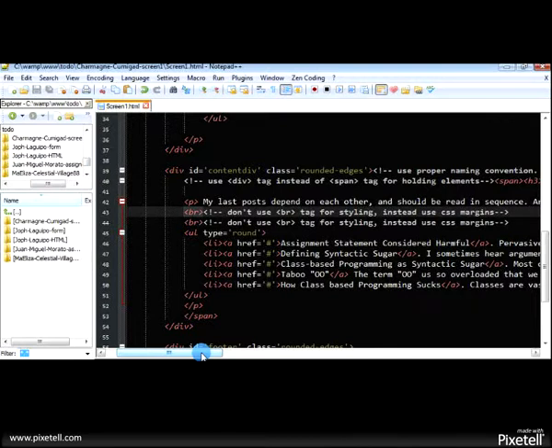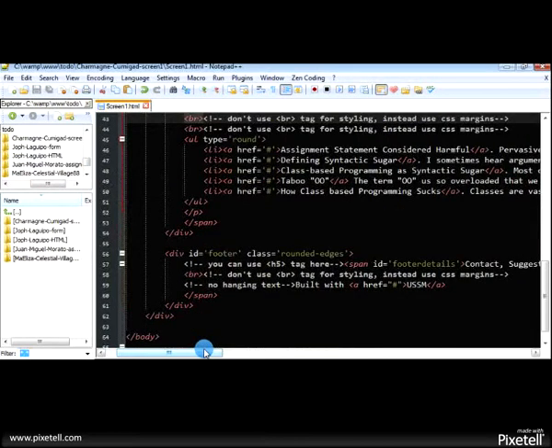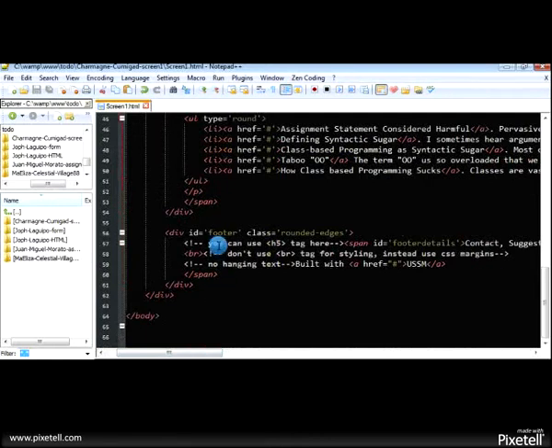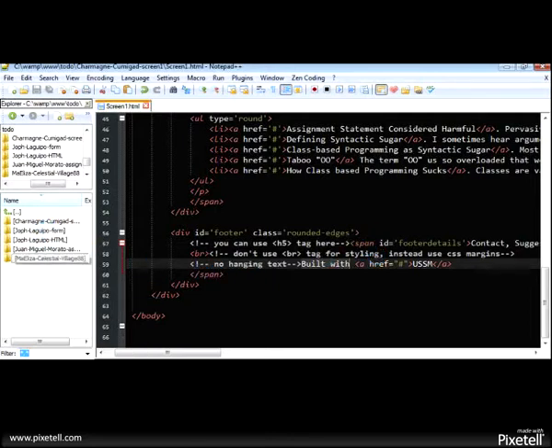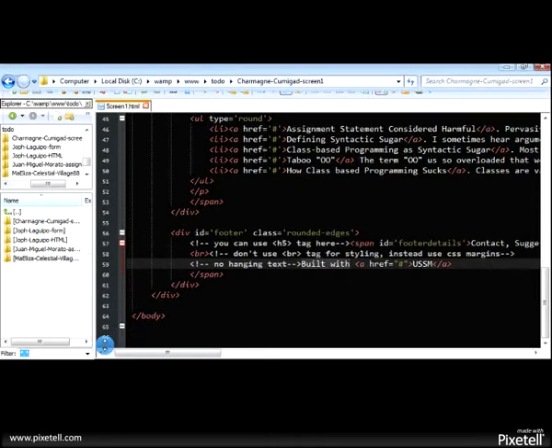Instead use CSS margins for styling. Also in here you can use the h5 tag. Also you don't use the br tag. Also in here you have hanging text, no hanging text like what our mentor said before. So let's go to the next HTML.